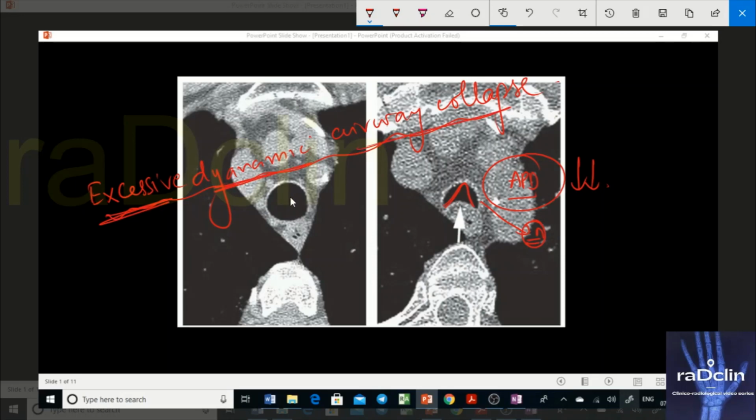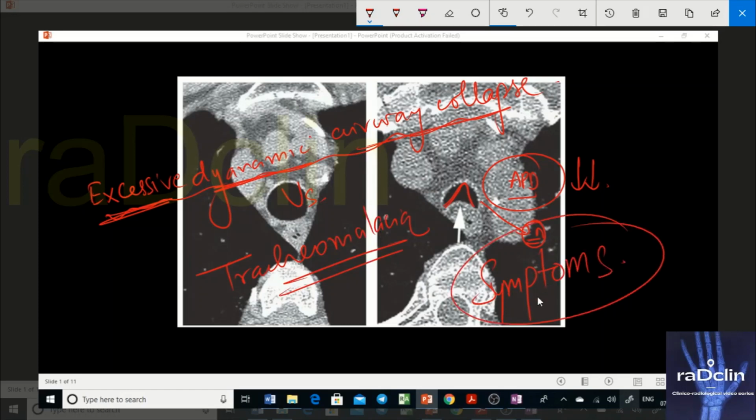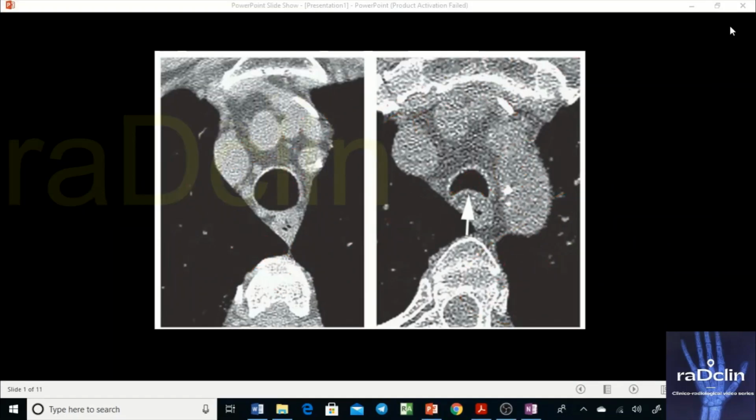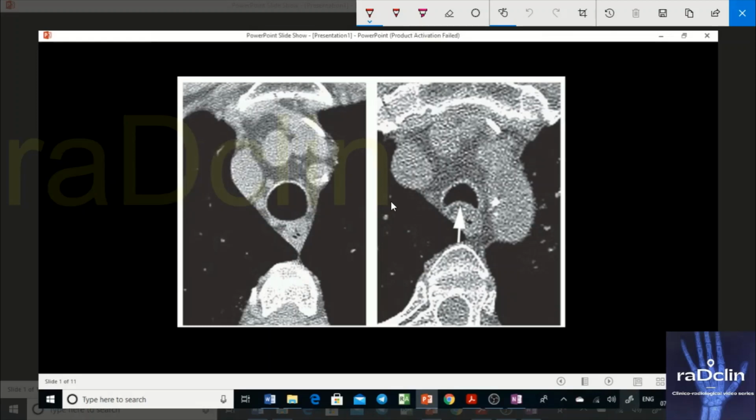Okay, so how to differentiate between this and tracheomalacia? The only point of difference is symptoms. You can only differentiate it on the basis of symptoms. See, if it has developed due to destruction of the cartilage, this means that before destruction of the cartilage, the patient was normal. Now the patient starts to have symptoms. What kind of symptoms will the patient have? The patient will have symptoms of obstruction. Okay, symptoms that start due to obstruction.